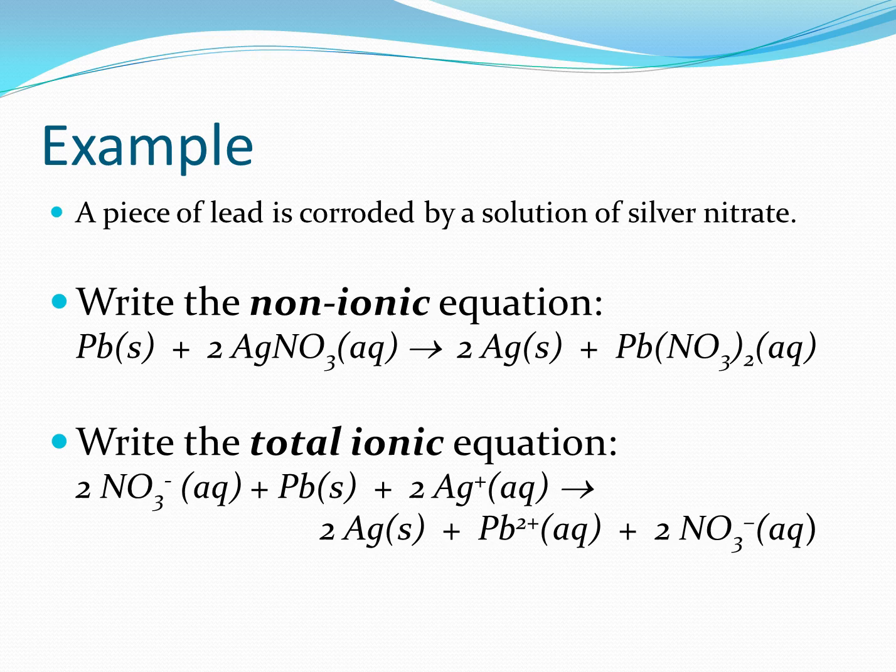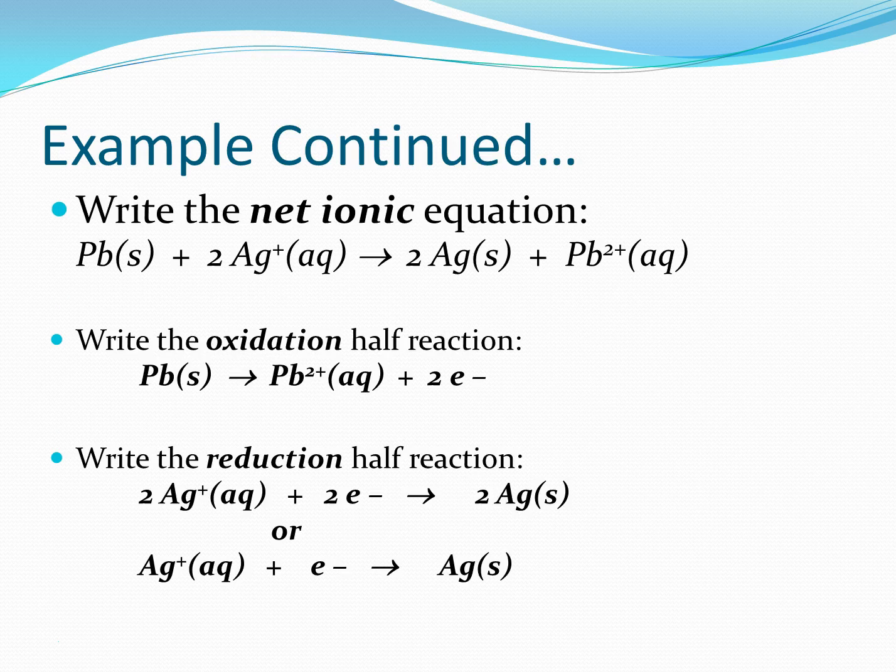The total ionic equation is what we get when we divide the ionic compounds into their ions. This process is done to work towards the net ionic equation. Here we have the net ionic equation. This is helpful to us because it will allow us to eliminate the ions that are not directly involved in